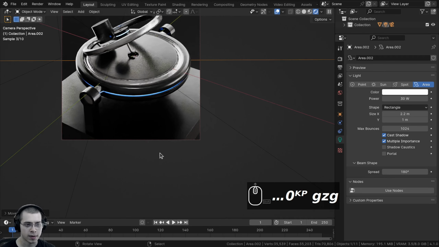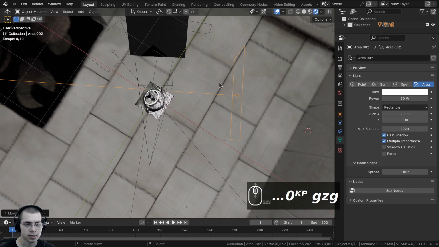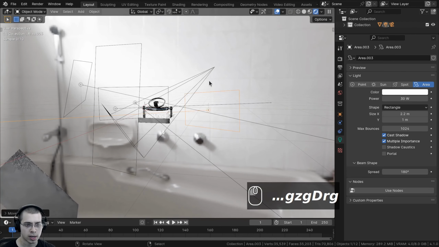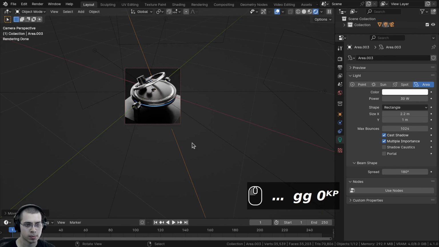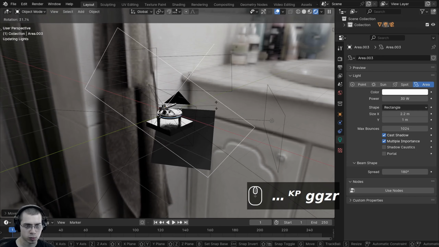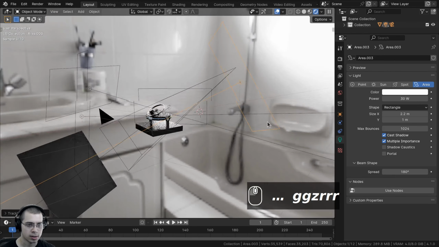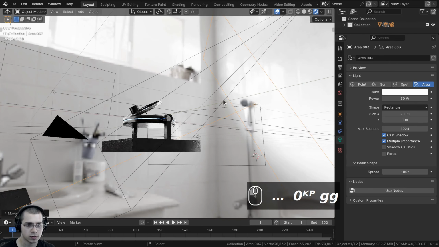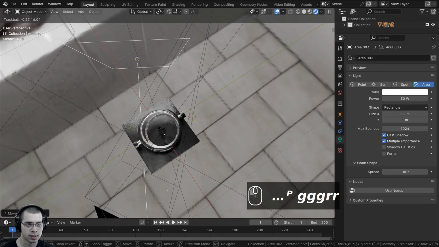And then down here, this is still a little bit dark, so I'm going to duplicate this one more time, and I can rotate that over, and we're just going to stick it here kind of on the front, pointing at the object. And I think I'm going to bring it up a little bit, and I'm going to rotate the light over a little bit, and I'm going to stick it right down here to actually get some reflections, and maybe zoom it in a little bit or bring it in a little bit closer.